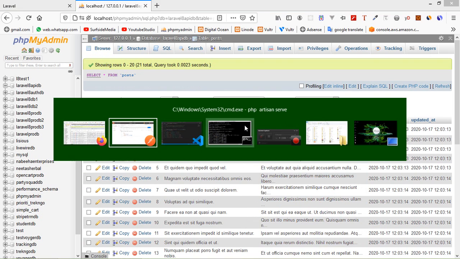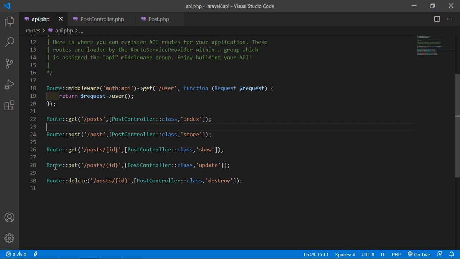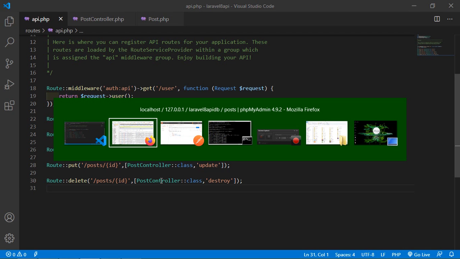Now let's check the update route, this one. For that, just go to the URL post and pass the post ID, and the method is put.